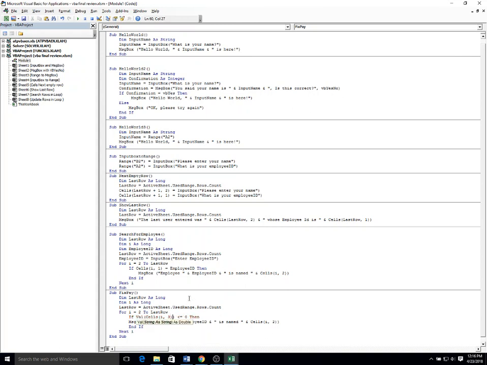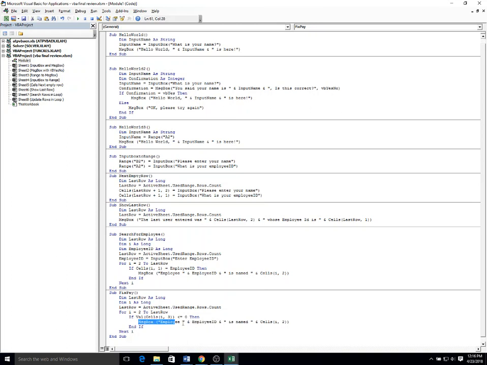Need a second parentheses. So the cells has a parentheses between the row and the column, and then value, val, also has a parentheses. So if the value in column 3, as we're looping through from the second row all the way into the end, each time we encounter that,